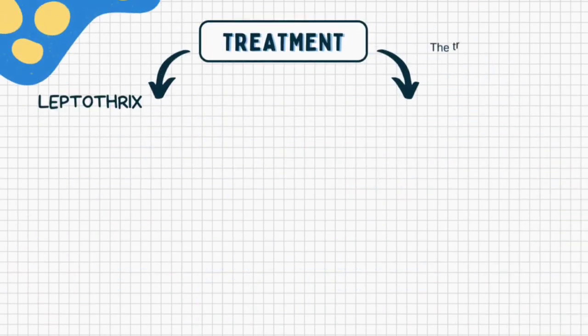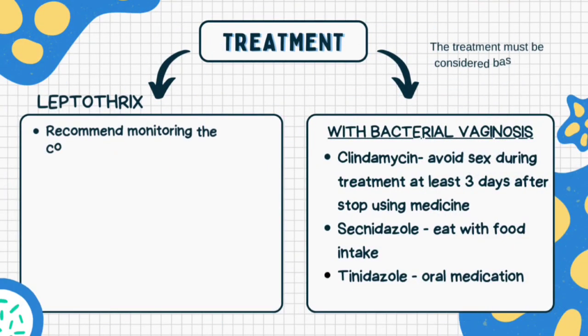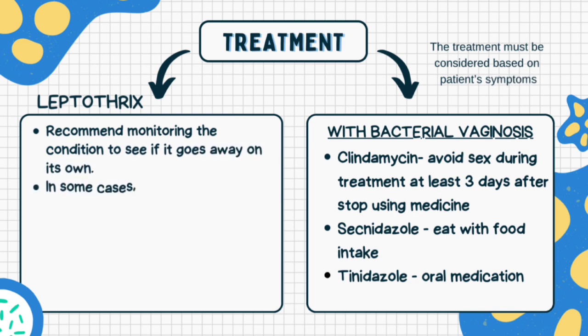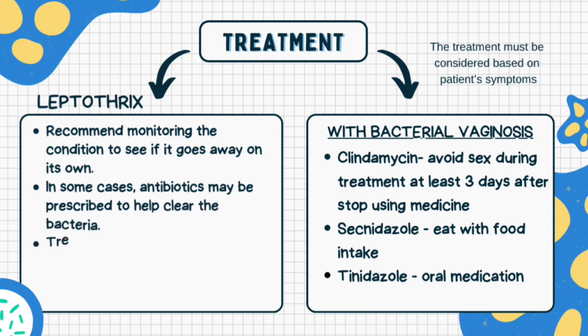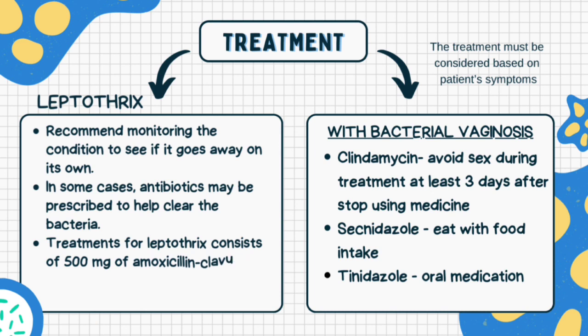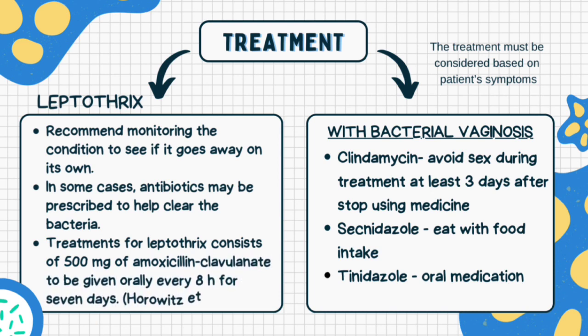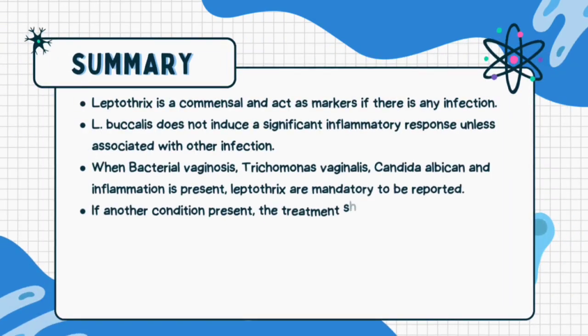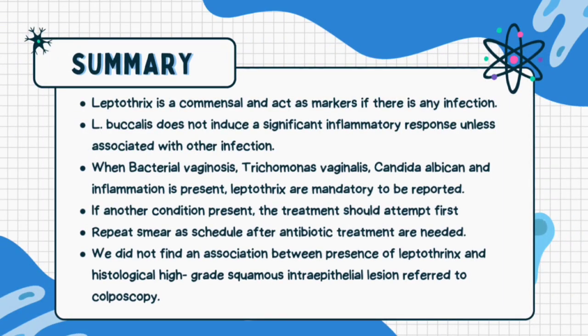For treatment, it must be considered based on the patient's symptoms. For Leptothrix, it's recommended to monitor the condition to see if it goes away on its own. Second, in some cases, antibiotics may be prescribed to help clear the bacteria. Treatment for Leptothrix consists of 500 mg of amoxicillin clavulanate given orally every 8 hours for 7 days. For summary, Leptothrix is a commensal and a marker if there is any